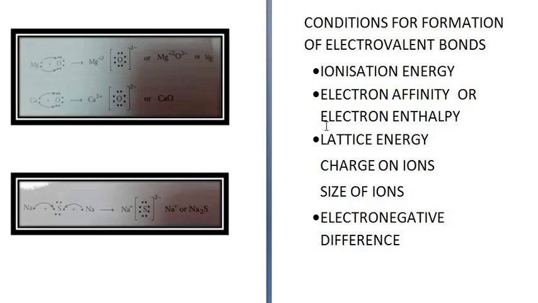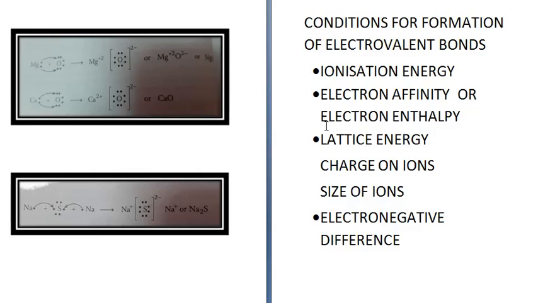Now remember that the formation of ionic compounds is favored by large size of metal atom or ion, since an increase in size is associated with decrease in ionization energy. Small size and low charge on anion will favor ionic compounds because these factors increase the electron gain enthalpy. So cation should have a large size and anion should have a small size.